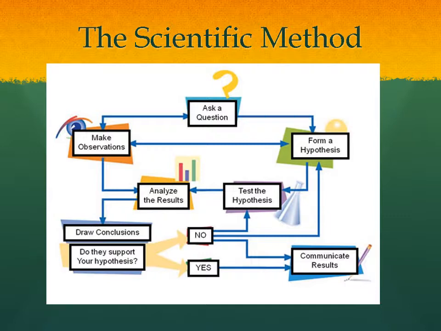Generally, we're going to start with making an observation, okay? And from there, we can choose a couple of different things to do. Depending on what that observation is, we can analyze that observation to end up going around, all right? Or we can then use that observation to help us ask a question, all right? That question is going to help us form what's called a hypothesis. Now, a hypothesis is a little bit more than an answer to that question, but that's good enough for us now, okay?